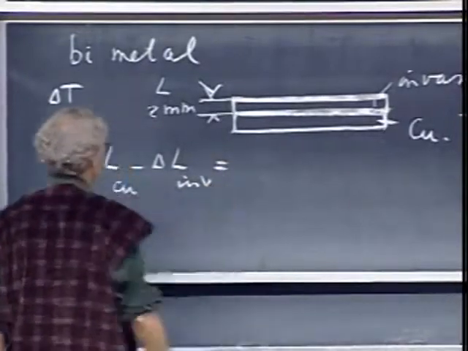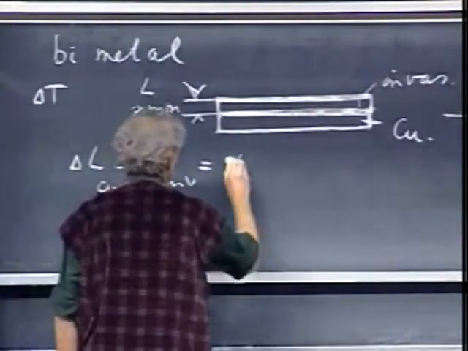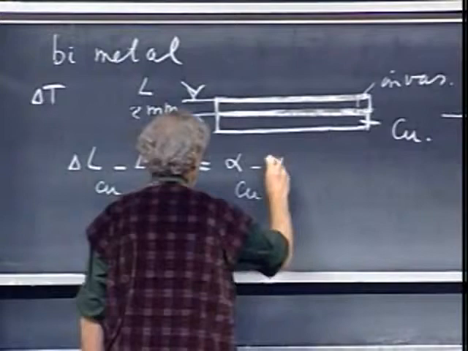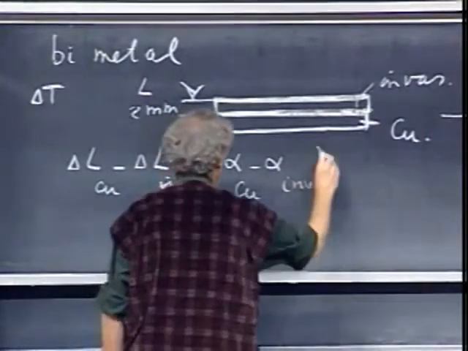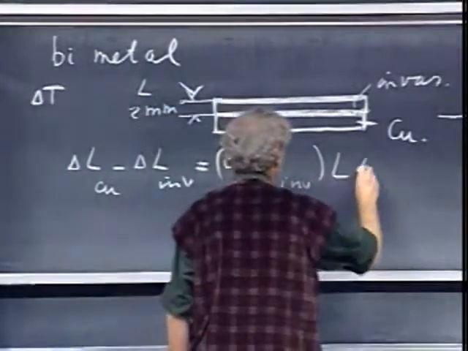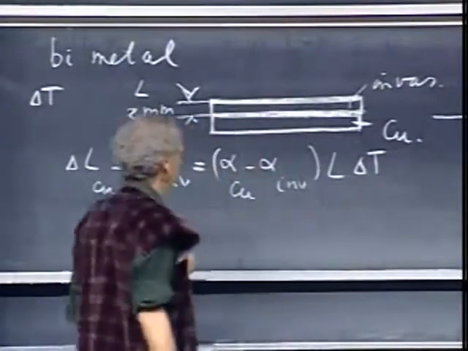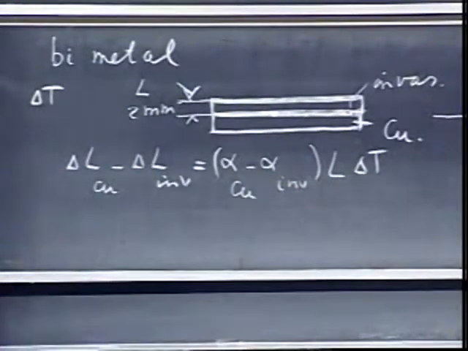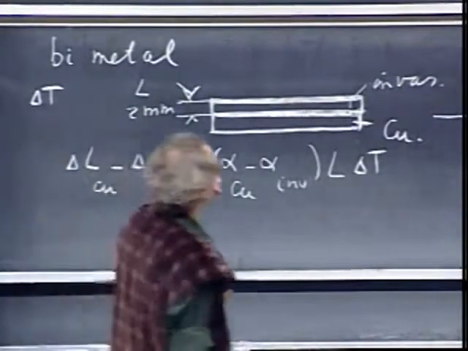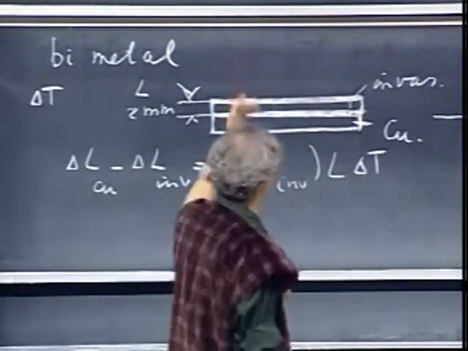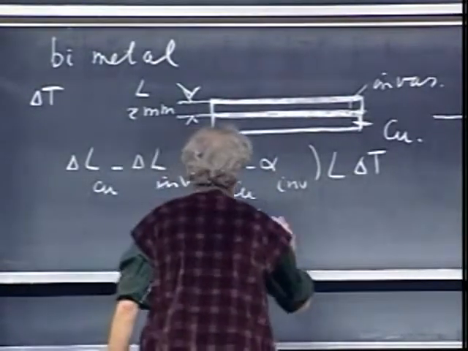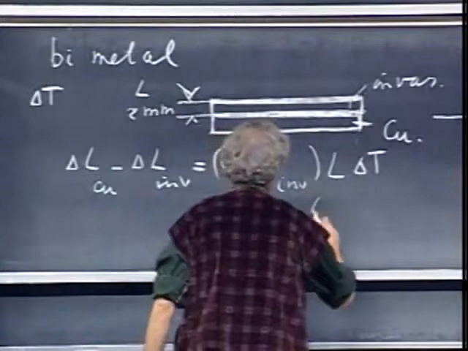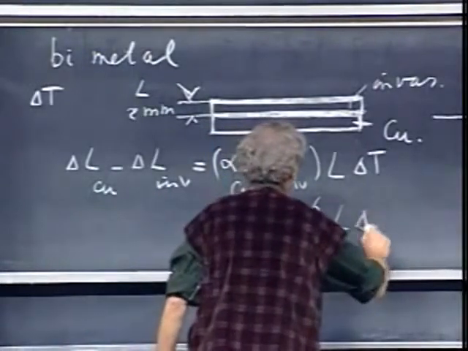That's what I'm after. And that is the alpha of copper minus alpha of Invar times L times delta T. So it is the difference that matters. So the difference is 17 minus 1, so that is 16 times 10 to the minus 6 times L times